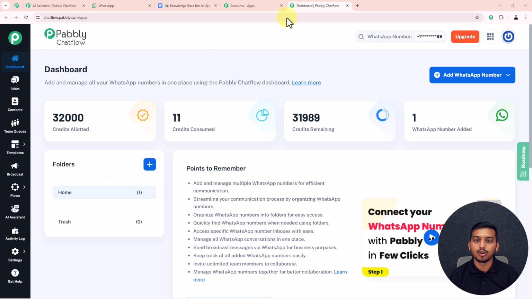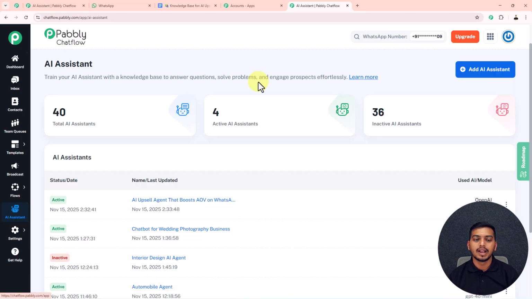And after adding your WhatsApp number, to start creating a WhatsApp AI assistant for yourself, you have to click on this AI assistant given on the left side here. After that you will get directed to this particular page. Here you can see these are all the AI assistants that I have created for myself. So first of all, this is the exact same AI assistant that I have shown you in the beginning of